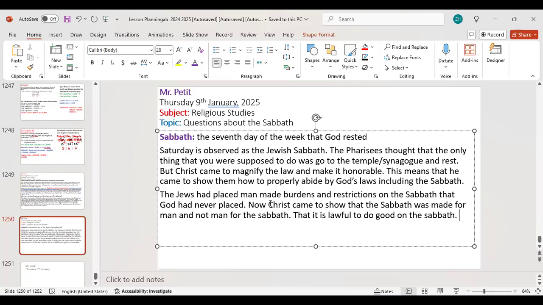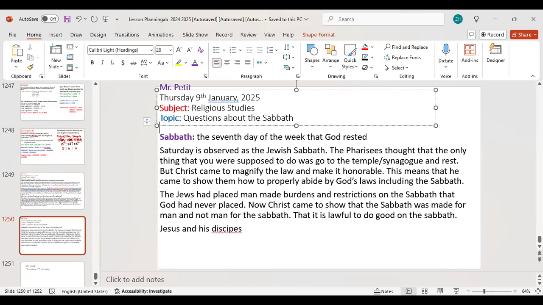So Jesus and his disciples were walking through the fields. I didn't put the verse up. Let me put the key for the scripture. The scripture is taken from Mark chapter 2, verses 23 to 28. So Jesus and his disciples